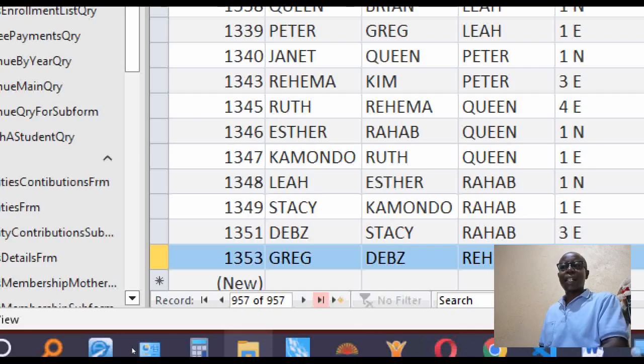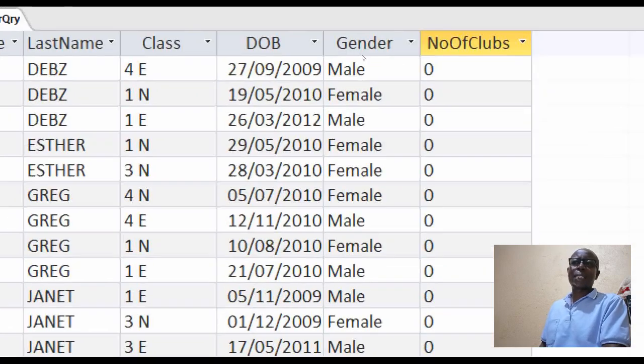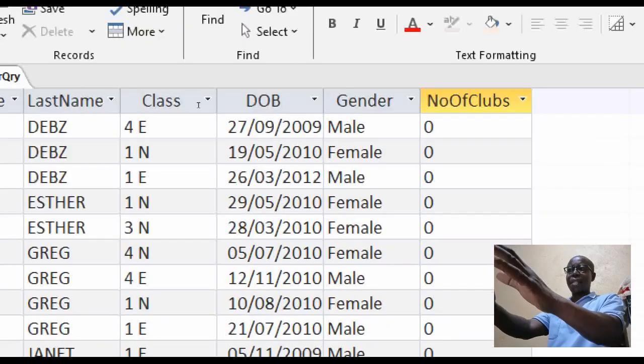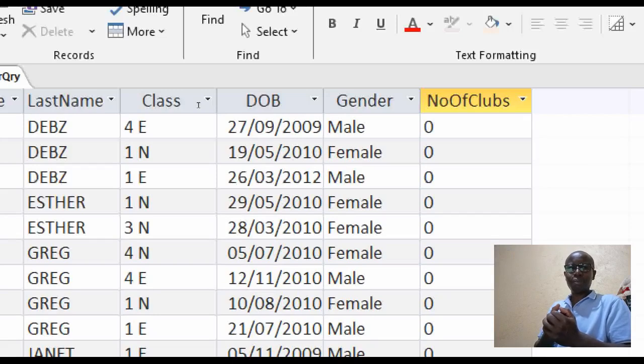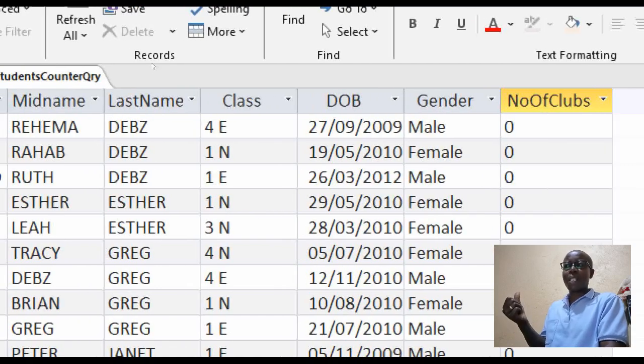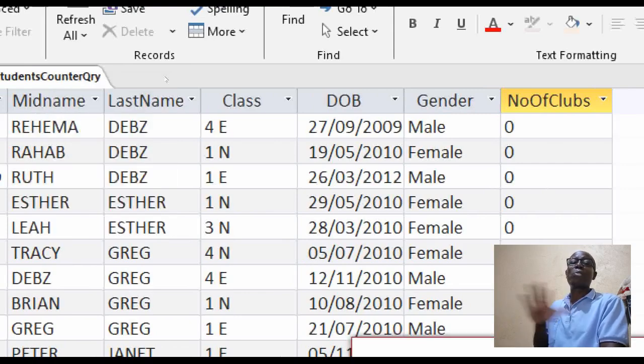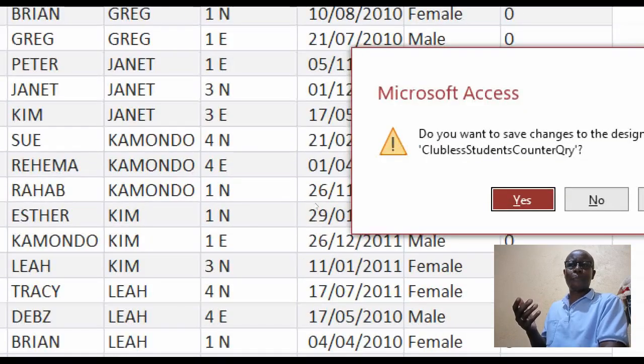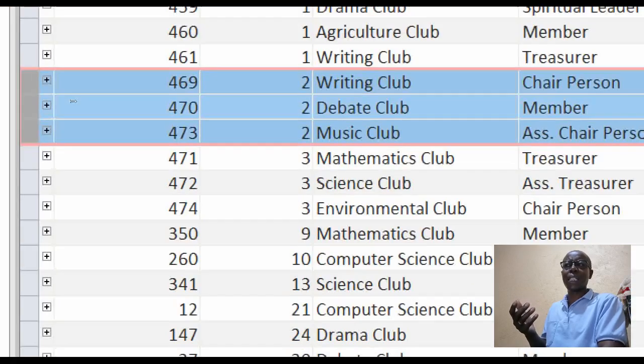That is, like now, we may want to see it on the screen. But we shall not be telling the user, get into the navigation tool and display the query that we have called so and so. No. You are going to create forms.